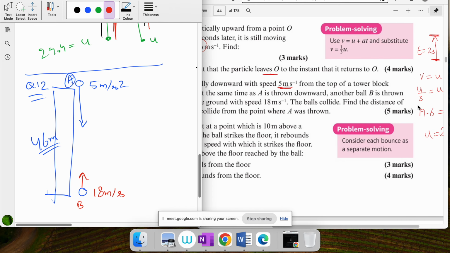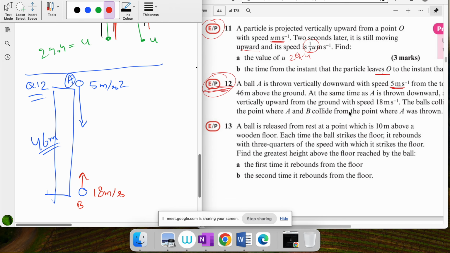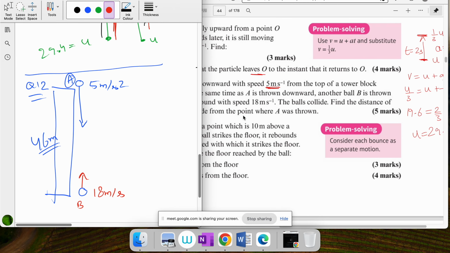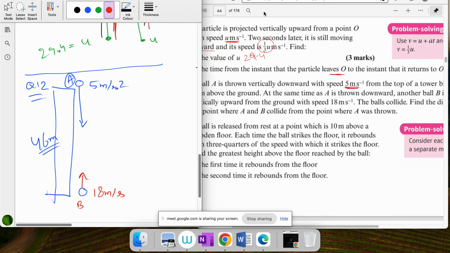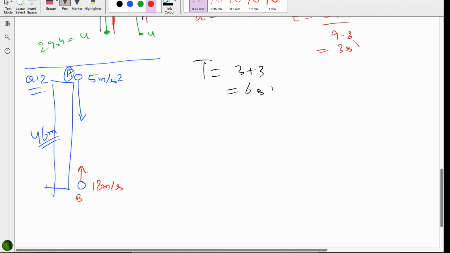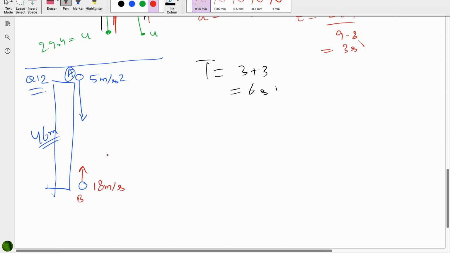The balls collide. Find the distance of the point where A and B collide from the point where A was thrown. So for example, they collide here. At that time, whatever the distance traveled by A is, let me say that is the distance traveled by A